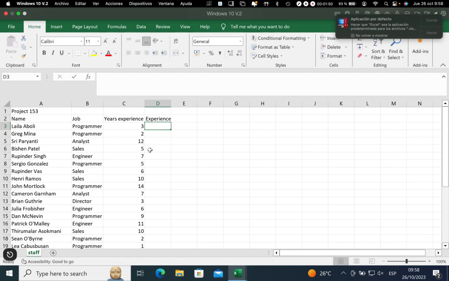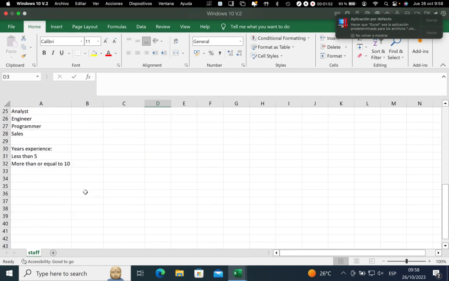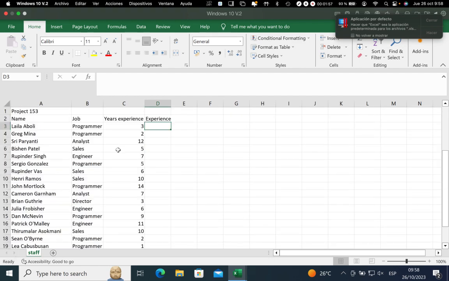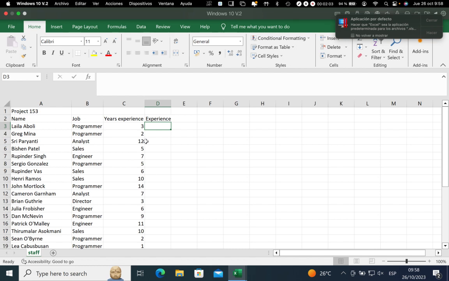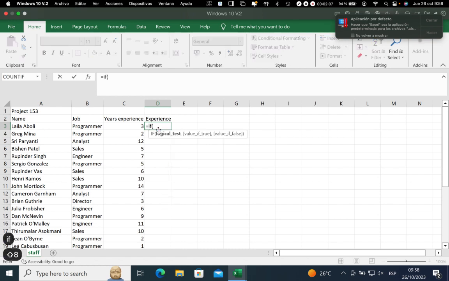Let me see here. I think if it was less than 5, not experienced, more than 10, very experienced, and if not, then only experienced. So this is what I'm going to do. If the years of experience are less or equal than 5, in my case, column,